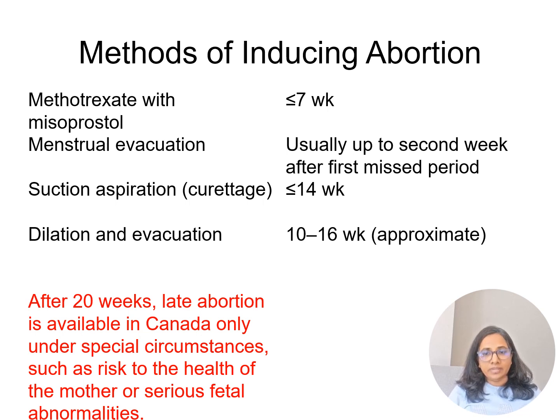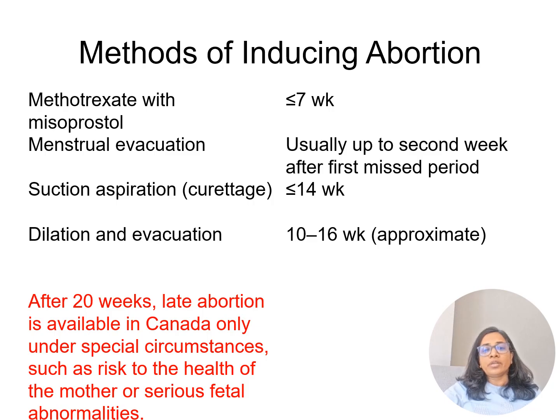Methotrexate is a cytotoxic medication, so we inject that and it causes abortion. A combination of methotrexate and misoprostol is what we use for inducing abortion if the fetus is less than or equal to 7 weeks. If it's just during the second week of missed periods, we can use menstrual evacuation,